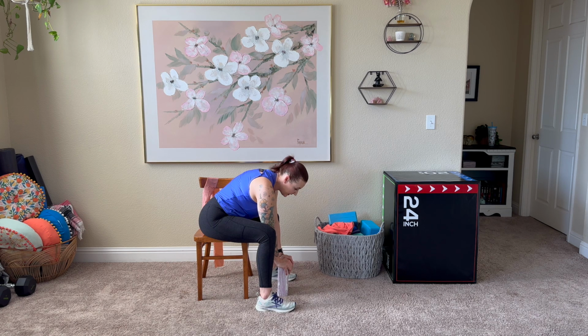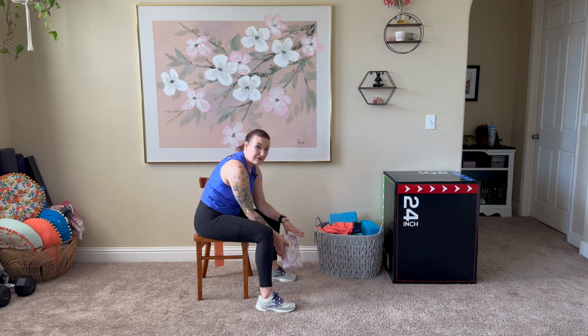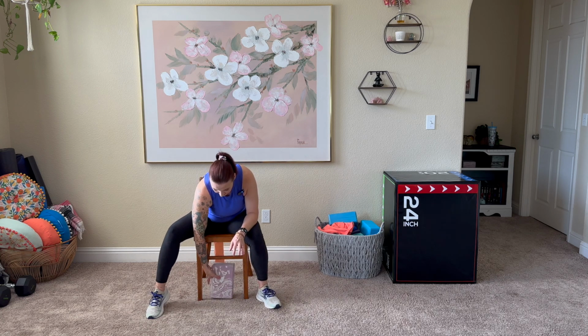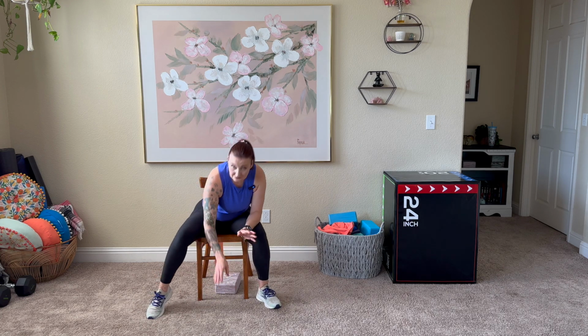Let's take one more breath here. Let it relax. Great job here. Now, before you roll yourself all the way up, if you've got that yoga block still, you can just set it back underneath the chair. We are pretty much done with that here today, so you can get it as far out of the way